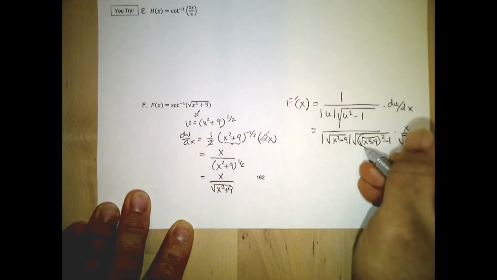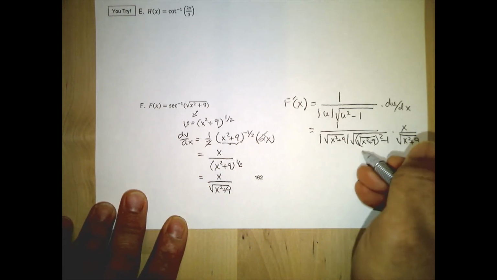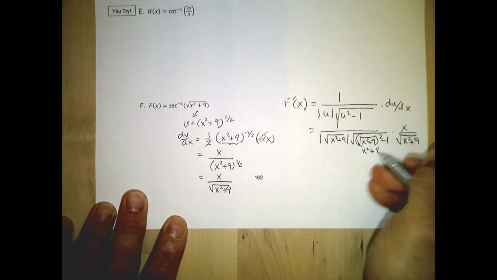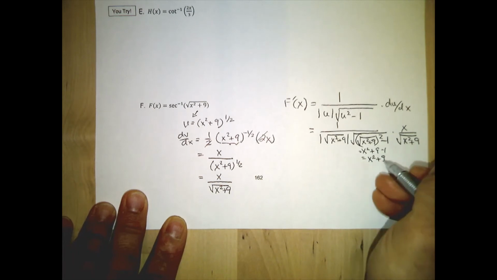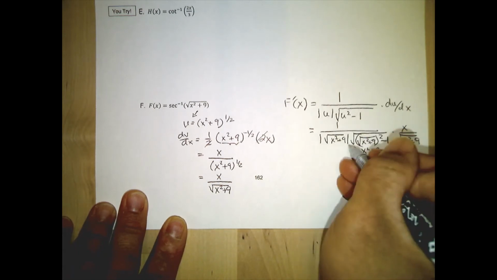Now, this square root of x squared plus 9 squared is just x squared plus 9 minus 1, which will give us x squared plus 8 under the square root. And we know that